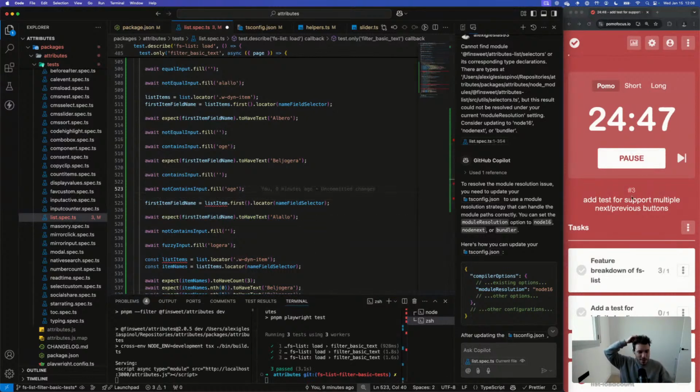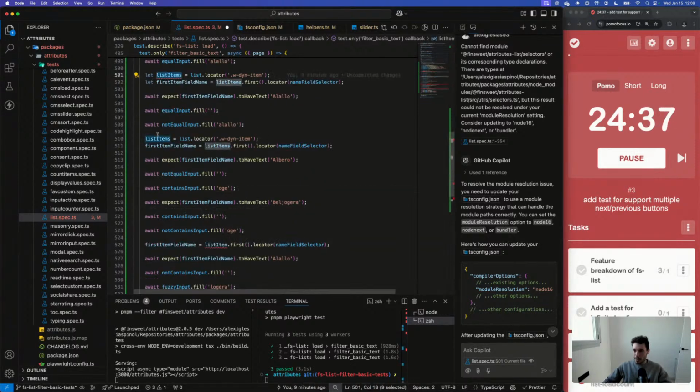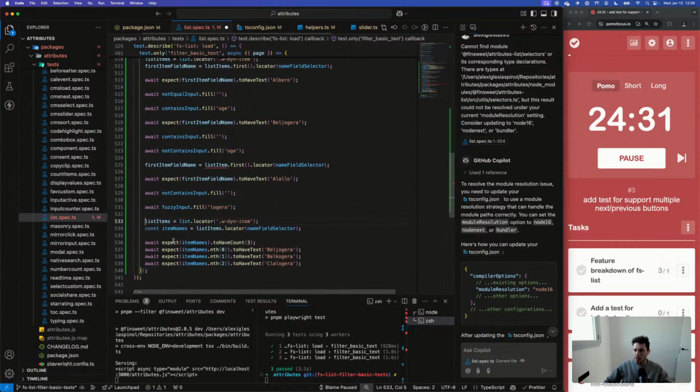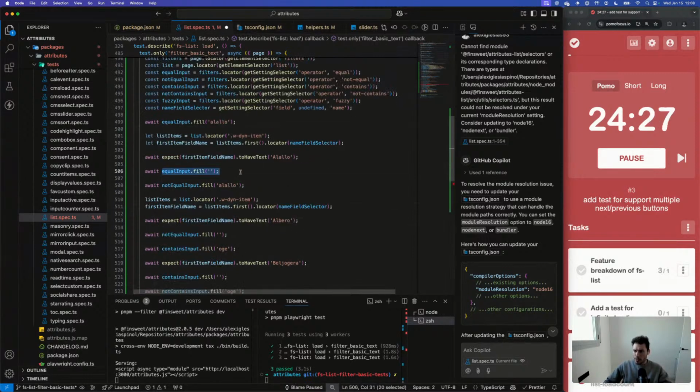Let's do the third sprint. Let's try to get these tests done, and then we can focus on new filtering features. So first of all, I need to fix this. I've got the list items, which is being redeclared in here. I don't want this. So equal input, yes, we clear the equal input.